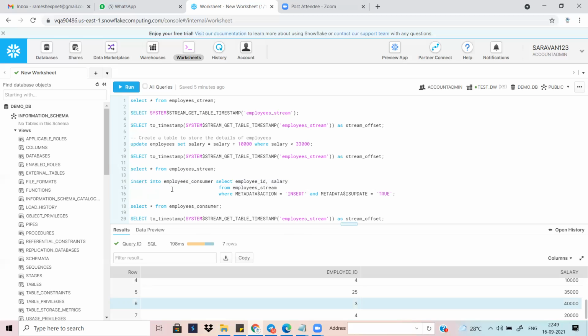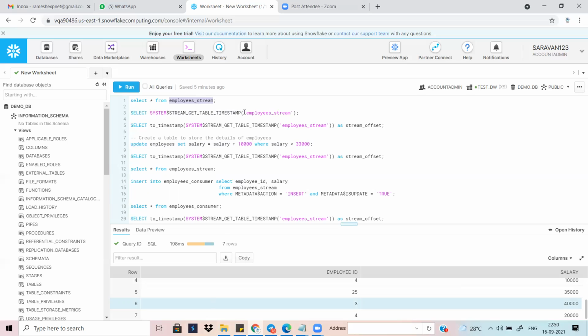Not in confusion. Tell me, what is the purpose of the stream then? Anyway, we are inserting into the employee table. What is the purpose of the stream? Once you create the stream, it will be monitoring this source table, the employee table.